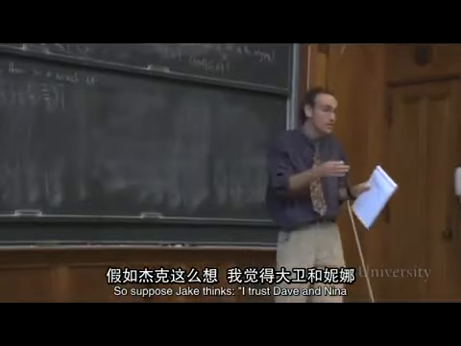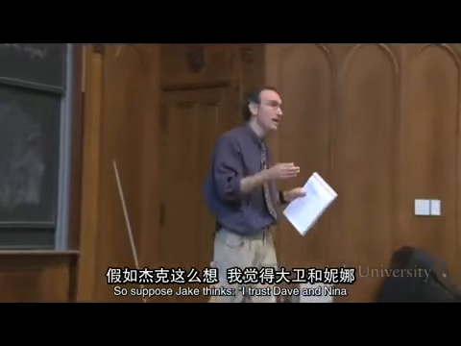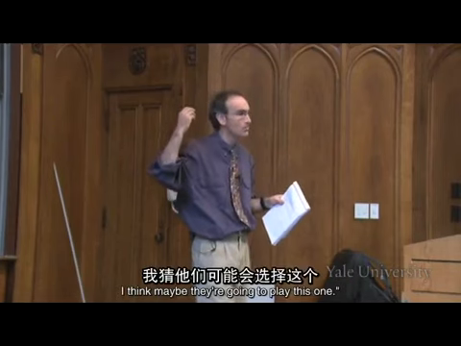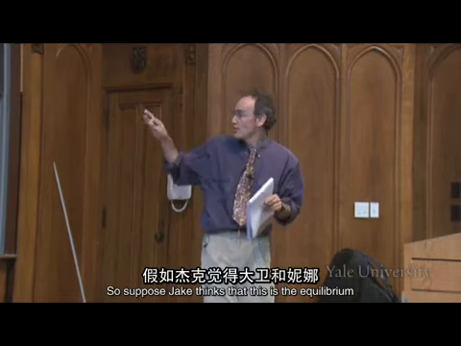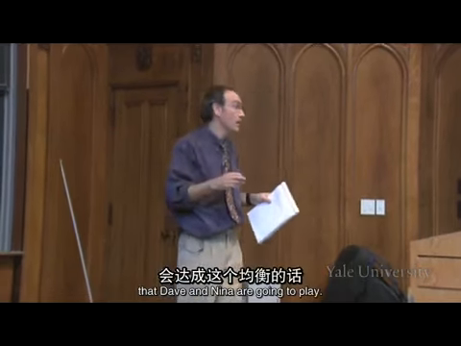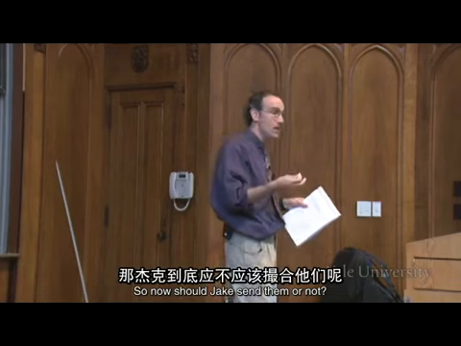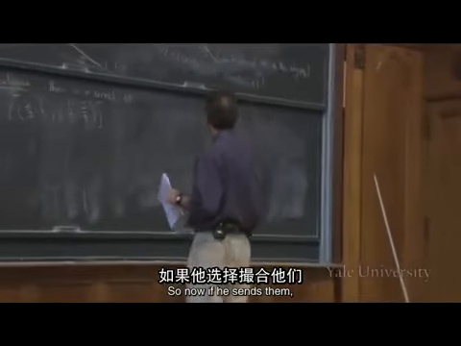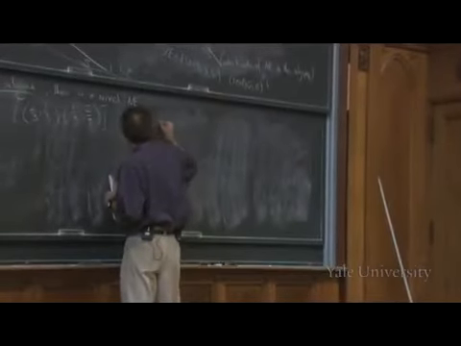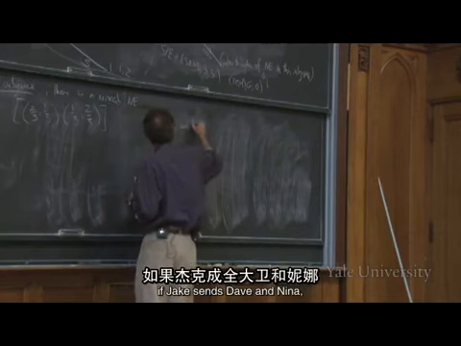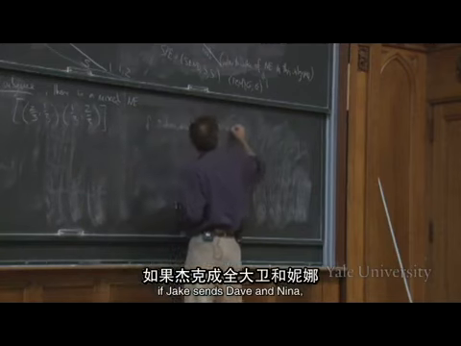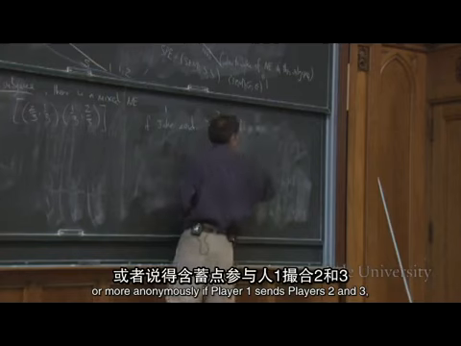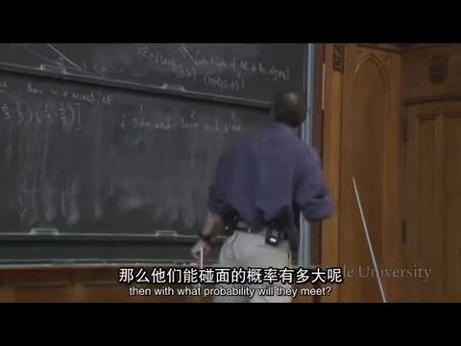Suppose Jake thinks, I trust Dave and Nina to play a Nash equilibrium in their subgame, but I don't know which one it is, and I think maybe they're going to play this one. So suppose Jake thinks that this is the equilibrium that Dave and Nina are going to play. Now, should Jake send them or not? Well, let's work it out. If Jake sends Dave and Nina, or more anonymously, if player 1 sends players 2 and 3, then